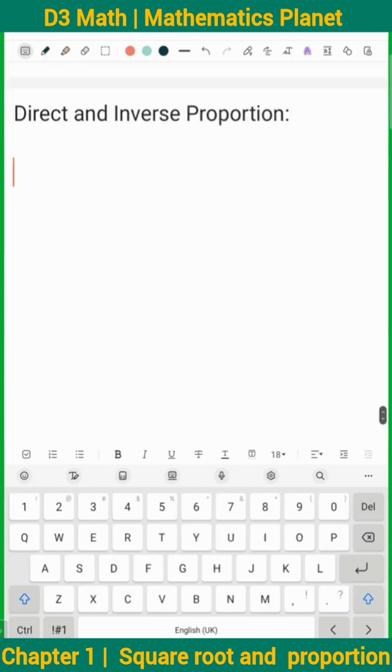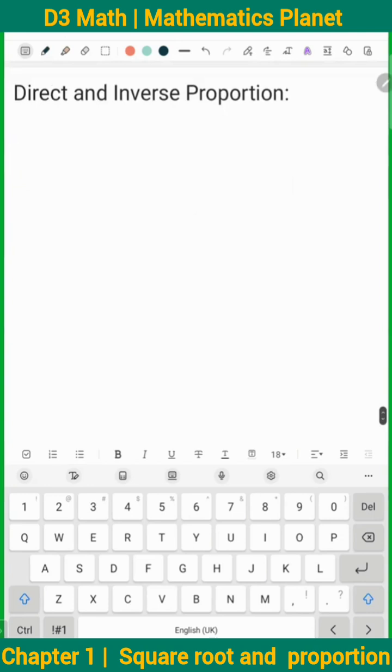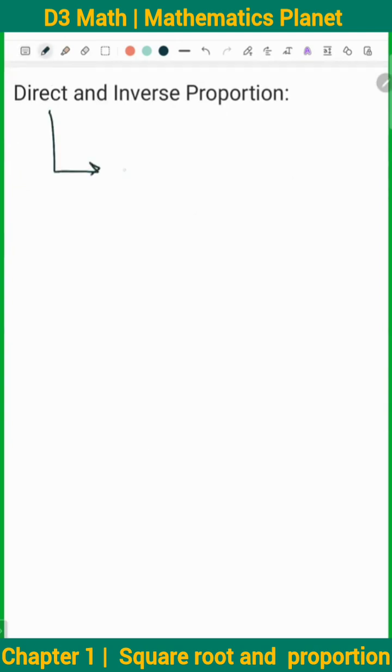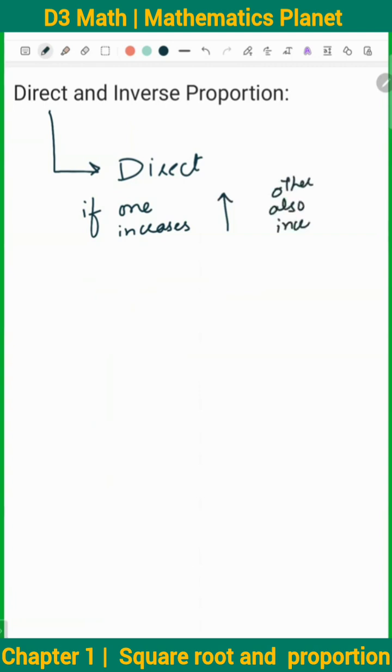Okay. So now, bachon, what is direct proportion? Direct means if one thing increases, the other also increases. If one decreases, other also decreases. For example,